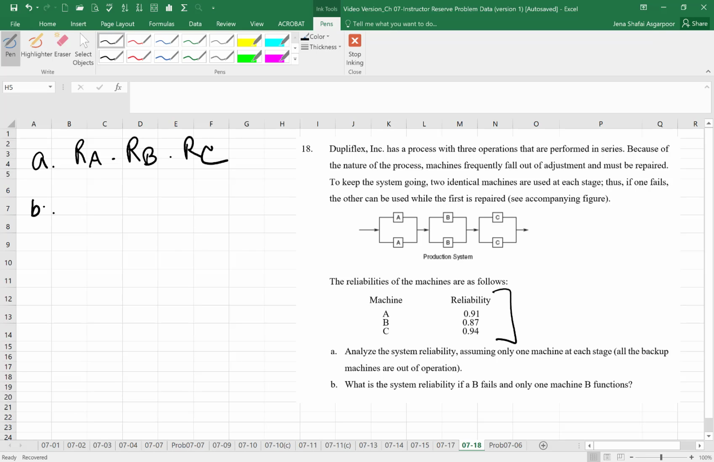And part B says, what is the system reliability if a B fails and only one machine B is functioning? So now we are assuming A and C are working in parallel, the 2 components of A in parallel, 2 components of C in parallel, but then B has failed, so the parallel A and the single B and then the parallel of C are in a sequence. So in this case, we have